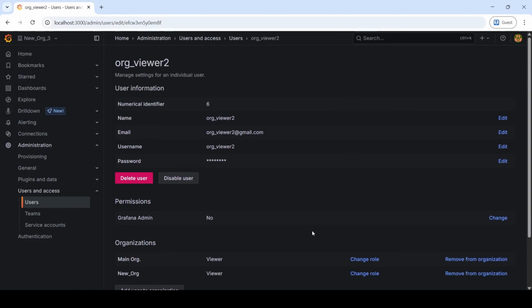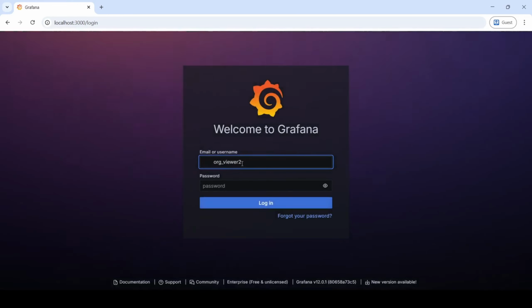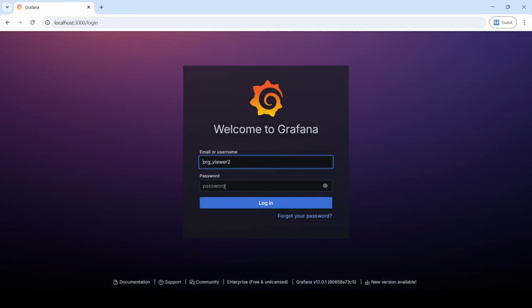So let me log out and log in as org viewer 2. Before we do that, let me actually go back to users. In here, we can see the new user that we created, org viewer 2. Okay, let me now log out or sign out. Now I'm going to use the username, and the password is